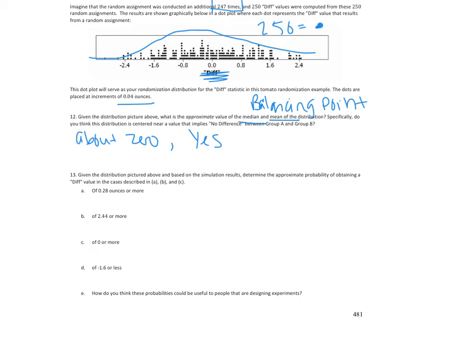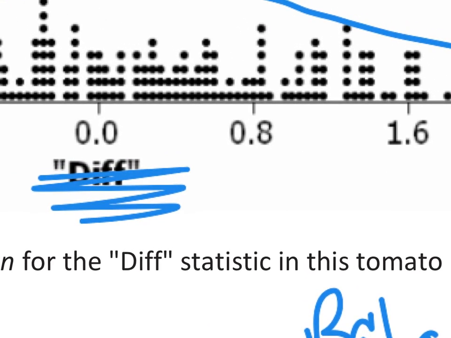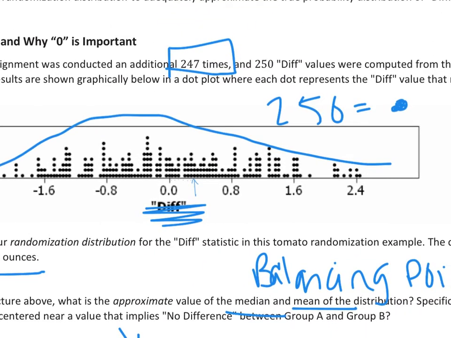So we do this by calculating probabilities with the dot plot. So I'm going to find the probability that a diff value is greater than 0.28. That's out of 250 dots. 0.28 would be, let's zoom in here because it's a tiny dot plot. Because it's going up by increments of 0.04, it would be 1, 2, 3, 4, 5, 6, 7. So right about there, 7. If you count all the dots from here on,